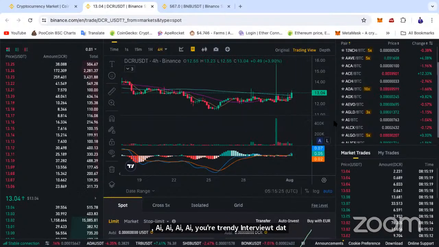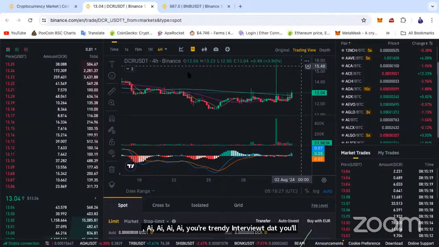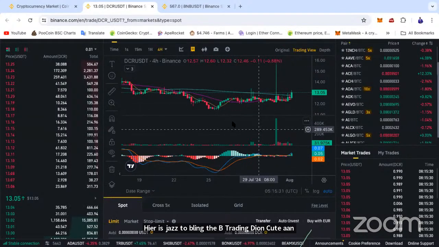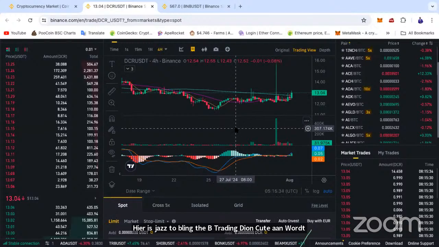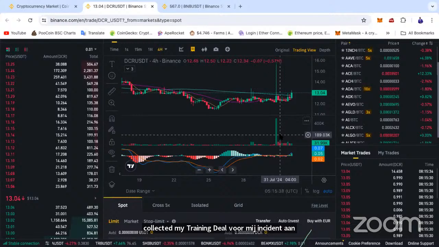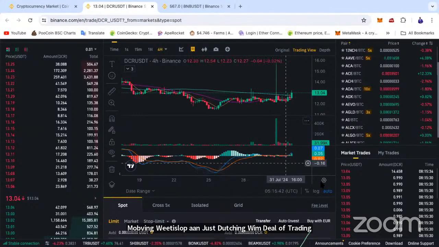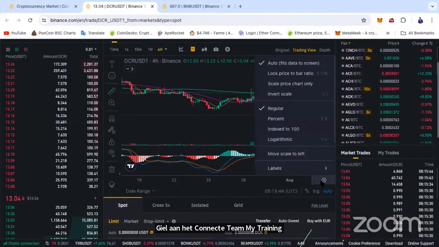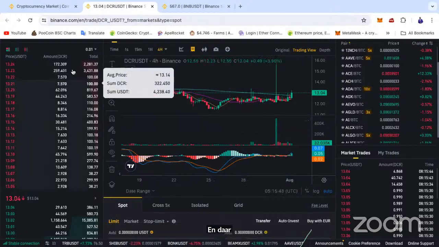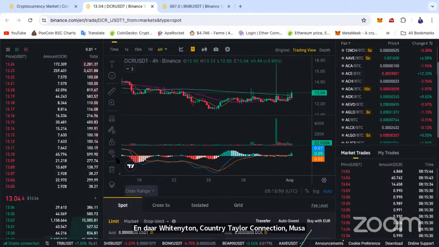But what I'm trying to do here is just to bring in the trading view. I've not connected my trading view to my exchange. I'm moving very slowly. I'm just using the view of trading view. When it comes to the time of connecting, we shall get there. Now, our focus is